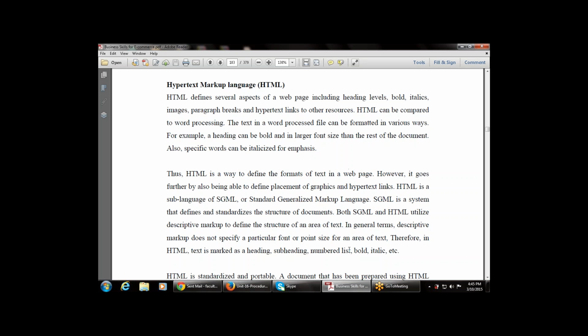In general terms, descriptive markup does not specify a particular font or point size for an area of text. Therefore, in HTML, text is marked as a heading, subheading, numbered list, bold, italic, etc. Whenever we use HTML, we can apply the text to be a heading. There are different levels of headings, subheadings,